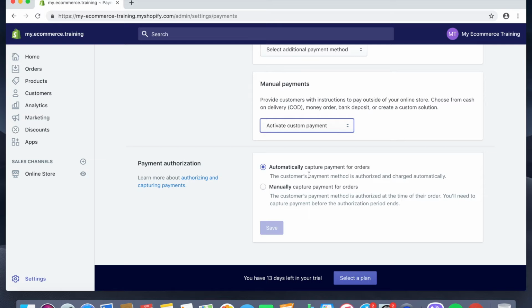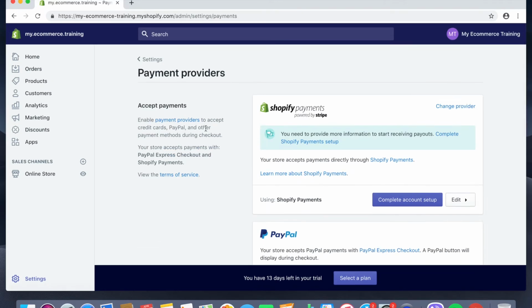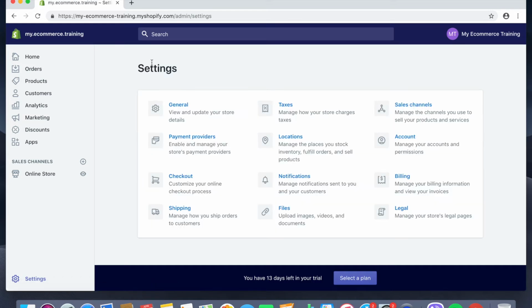But if you're not sure of the inventory, and if you have any supplies left on a certain product purchased online, then I suggest you just select the manual capture orders. But if you're confident about your inventory, then select the automatically capture payments. So that's payment providers. Now let's go to